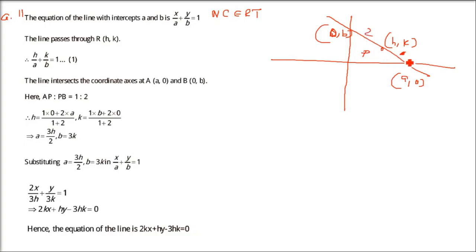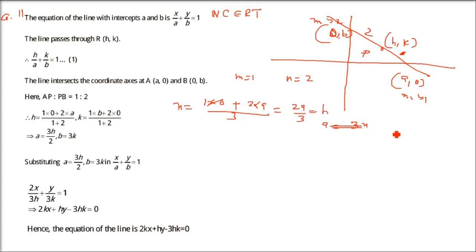So always start from the x-axis, it will be 1 and the other part will be 2. So m you take as 1, n you take as 2. In (a, 0) you take x1, y1. (0, b) you take x2, y2. I'm just using the direct formula, we have already seen it earlier. This is 1 into 0 plus 2 into a, by m plus n, 3. So this is 2a by 3 equals x. So a you are going to get 3x by 2. But this x point is actually h. So 2a is 3h. A will be 3h by 2.